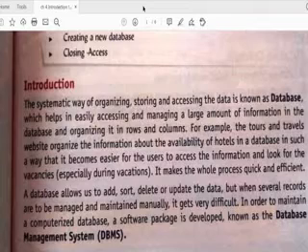Now you can say a database is somewhat like Excel, but it has more than Excel. What does it have more than Excel? In Excel we have a table format where we can enter data, with rows and columns. The same thing is here also.